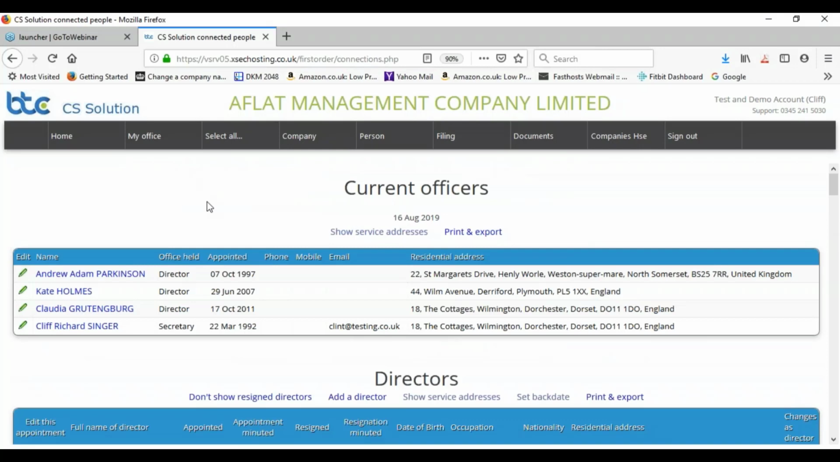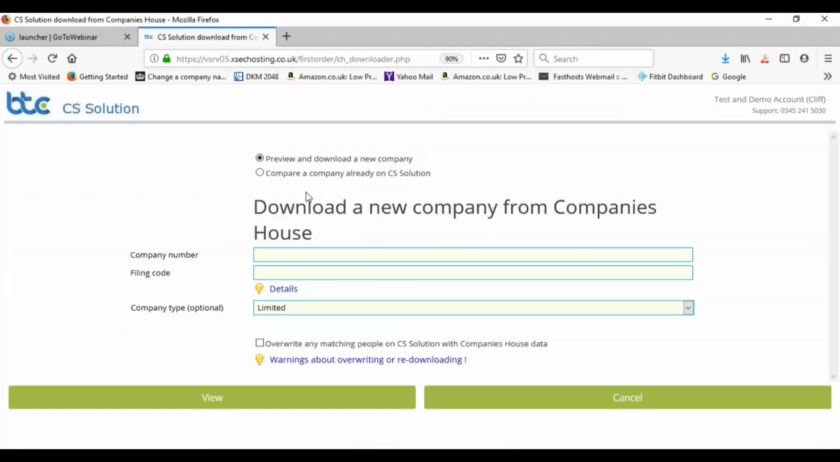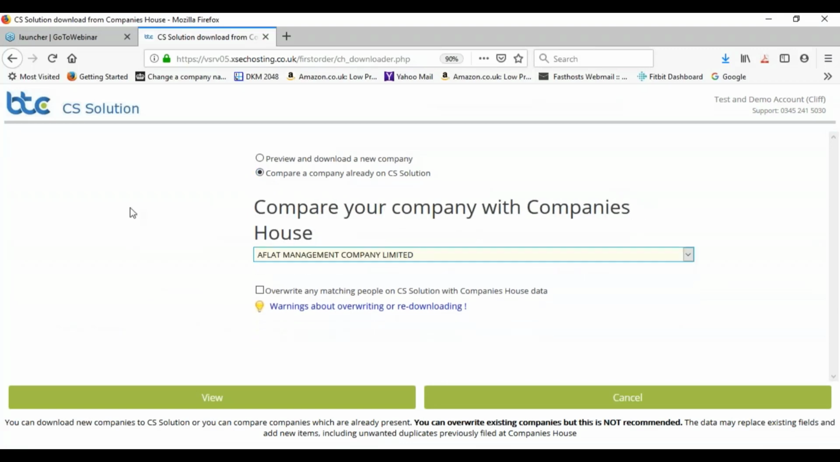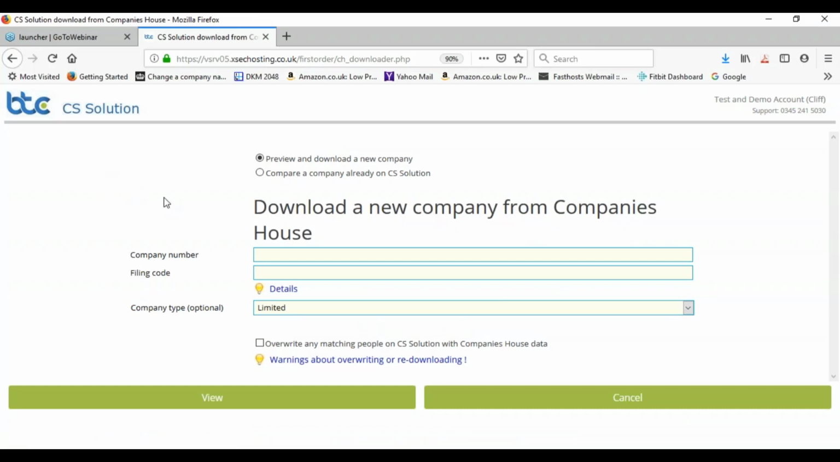So what I'm going to do now is talk about the process of getting the data synchronized with the rest of the BTC system. And the way we do this is we go to Company's House and we pick up a company from there. Very simple 2-click process. We can do comparisons for companies that are already on there, and we can preview and upload data for new companies, and obviously we're not allowed to portray real company information, so we won't actually be looking at the fine detail of that